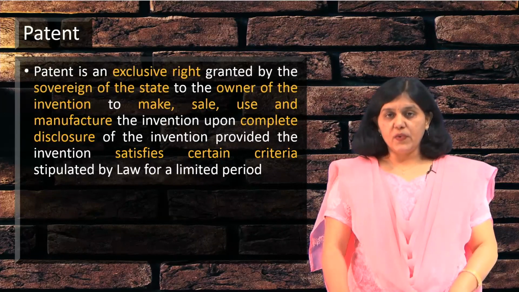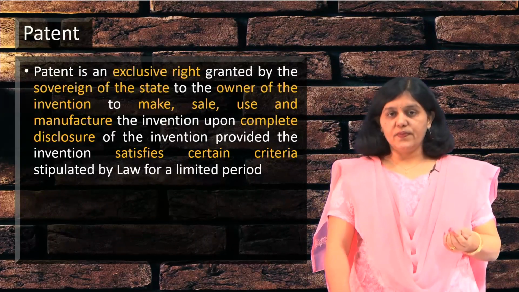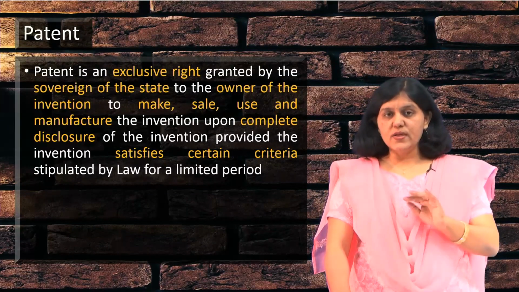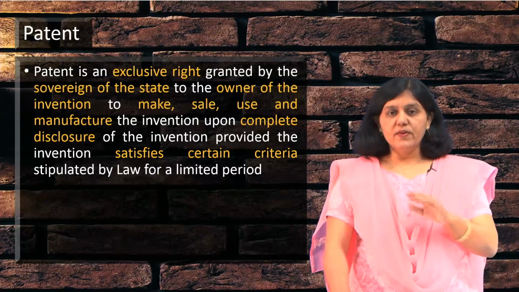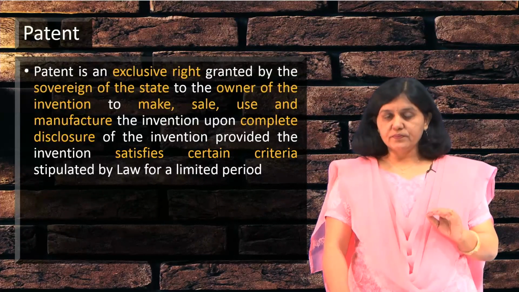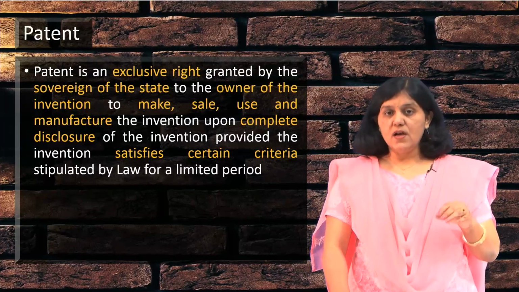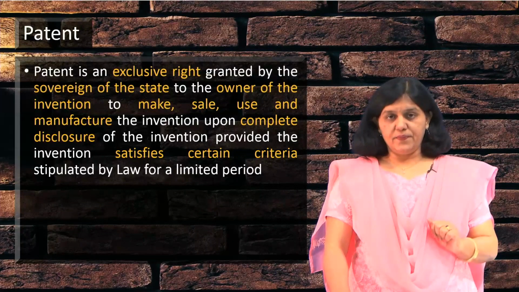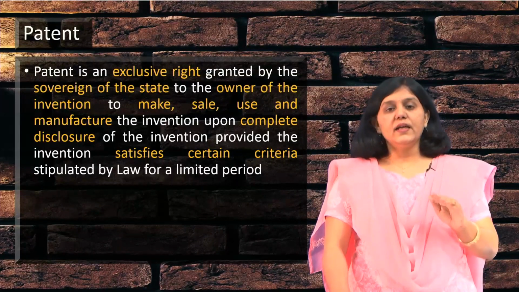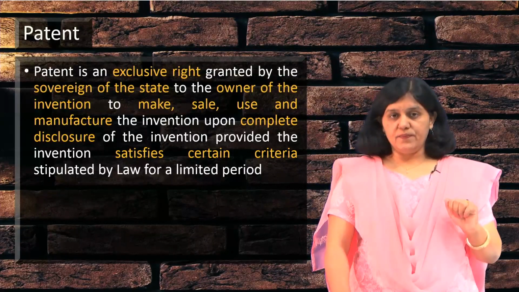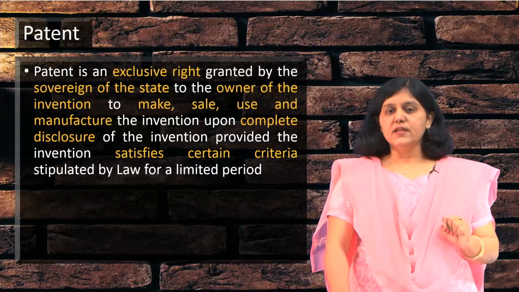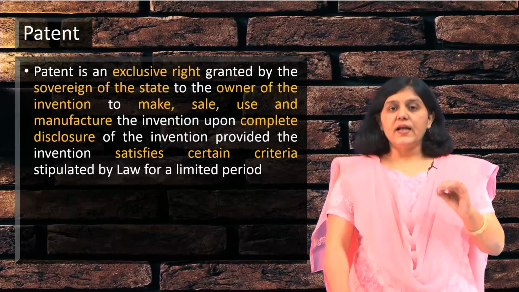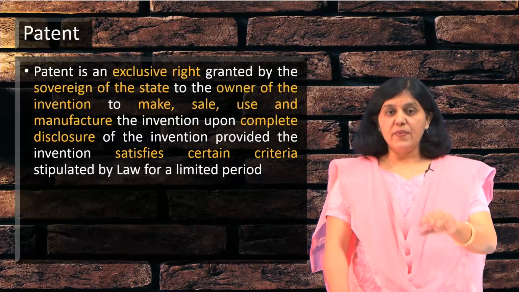Now, the third point, to whom this right is conferred, whether to inventor or applicant. We will see the terminologies in detail, that is who is an inventor and who is an applicant, when we see the patent document. However, please note that all rights of the patent are given to the applicant and not the inventor. But please note this also, that the inventor can also be an applicant. Don't get boggled with the terminologies here. We will go into the details of those terminologies in an upcoming module. So, rights are granted to the owner of a patent, that is the applicant of a patent.